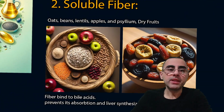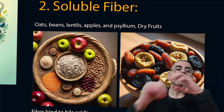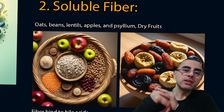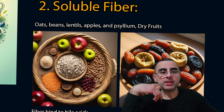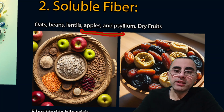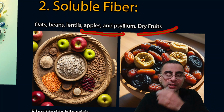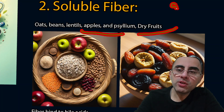Second most important and well evidenced substance or material which reduces cholesterol is soluble fiber. And from soluble fiber, oats, beans, lentils, and apple and psyllium are important, and dry fruits, they contain soluble fibers. What do soluble fibers mean? The idea of soluble fiber is that they can bind cholesterol, and when they bind cholesterol,